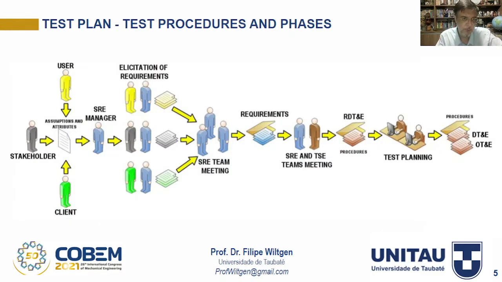These pictures show the important actors. In this case, they are the clients, stakeholders, users, and the manager. The manager discusses the elicitation of requirements in three documents. These documents are discussed with the team. The team creates the requirements document based on the attributes and assumptions of these actors. This is discussed with the test team,